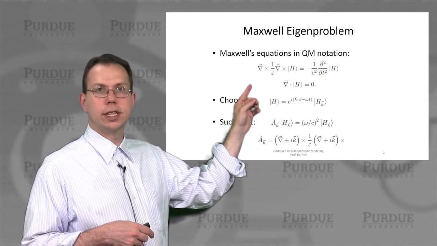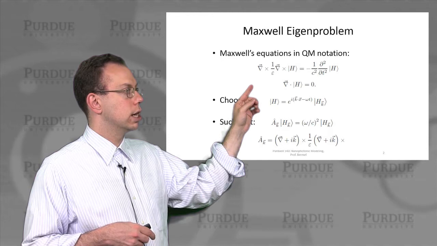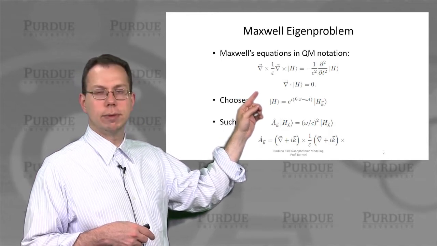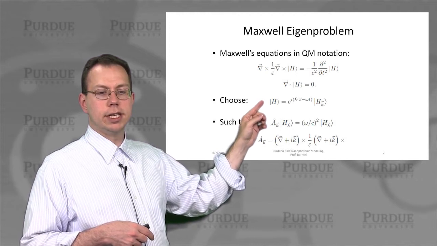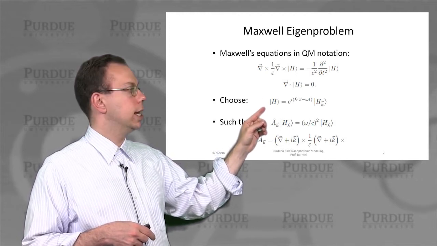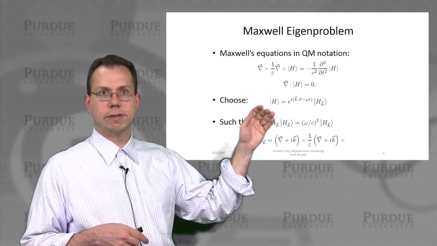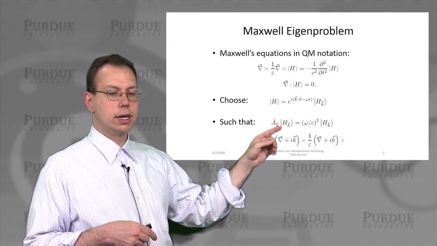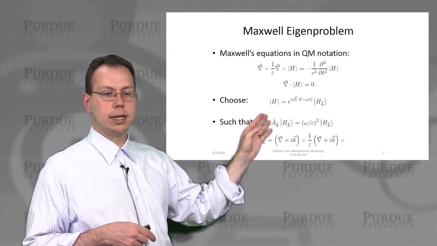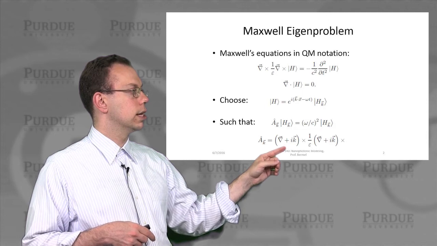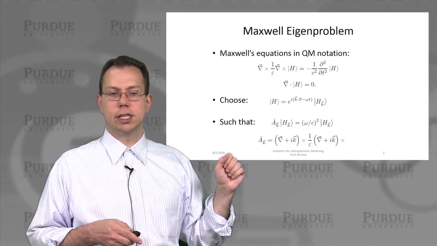This is essentially the same as what we had before, just written in new notation, basically ket notation, so a quantum mechanical type calculation. And you can actually see very easily that we can expand H into a set of plane waves based on our Bloch wave solution. And so then we would define the operator on the left-hand side as A_K, and then it's basically defined like this, and then we get omega over c squared in front of H_K.